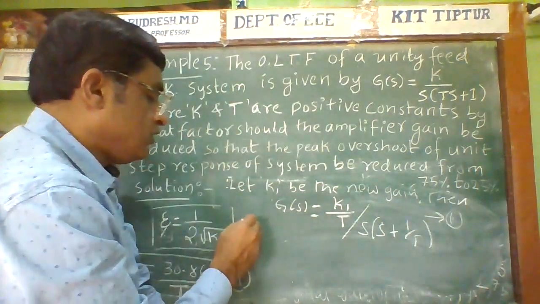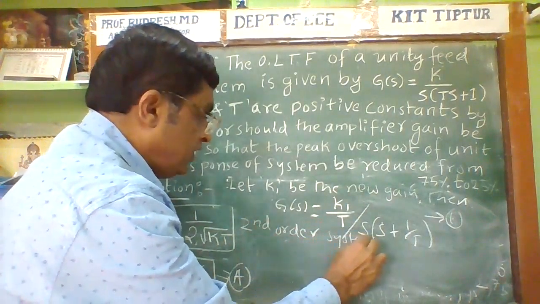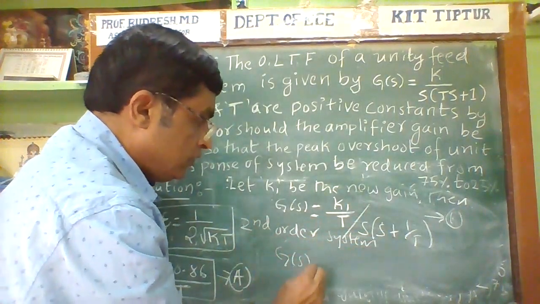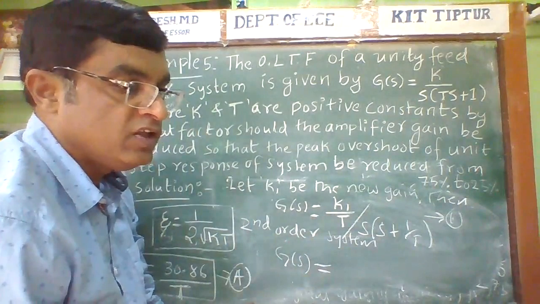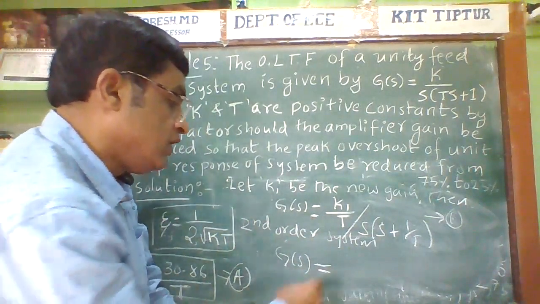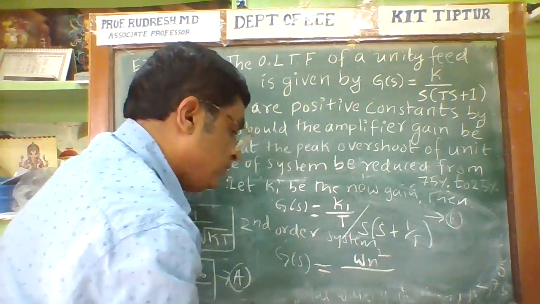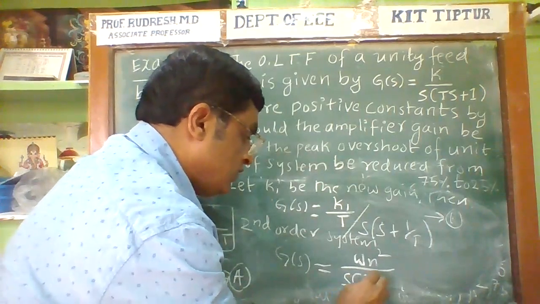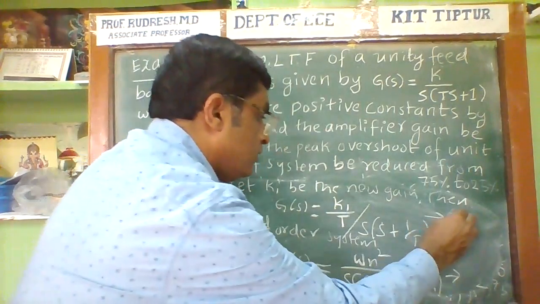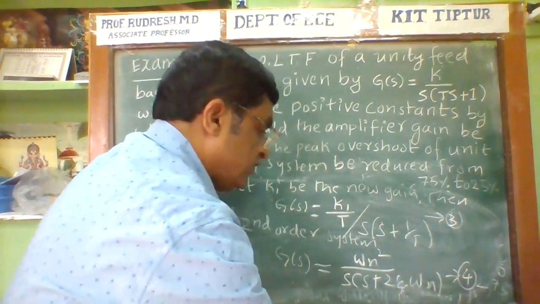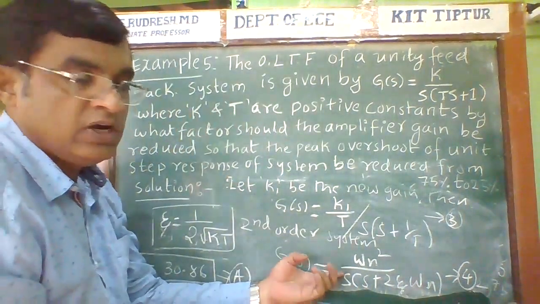Now the second order system G(S) is equal to omega n square divided by S into S plus 2 zeta omega n. Now this is equation 3. This is equation 4. Again, if you compare equation 3 and 4,